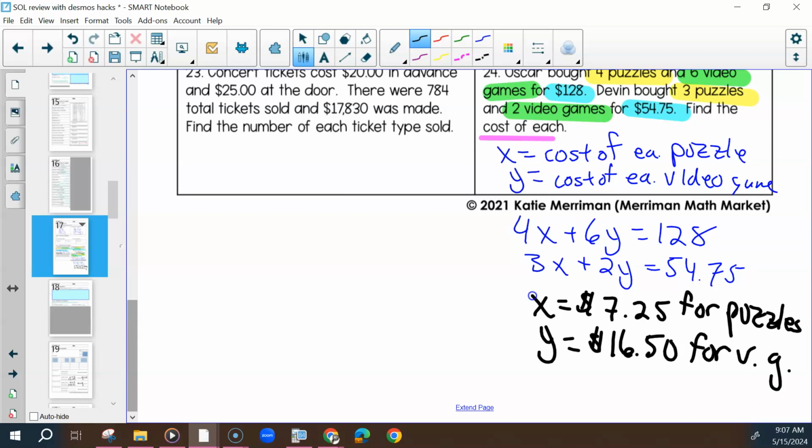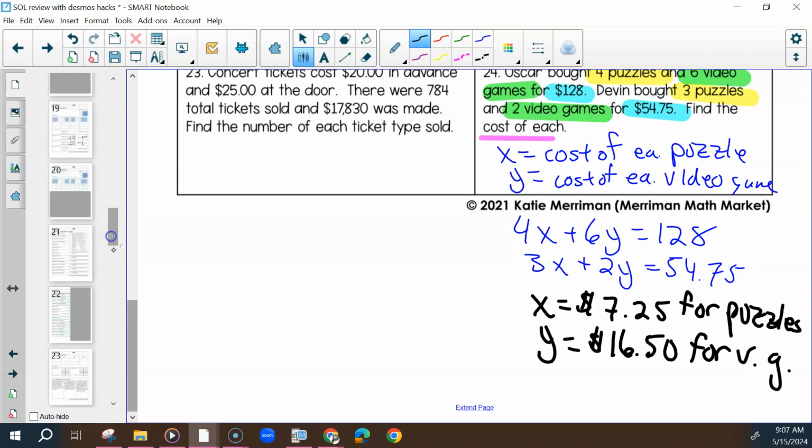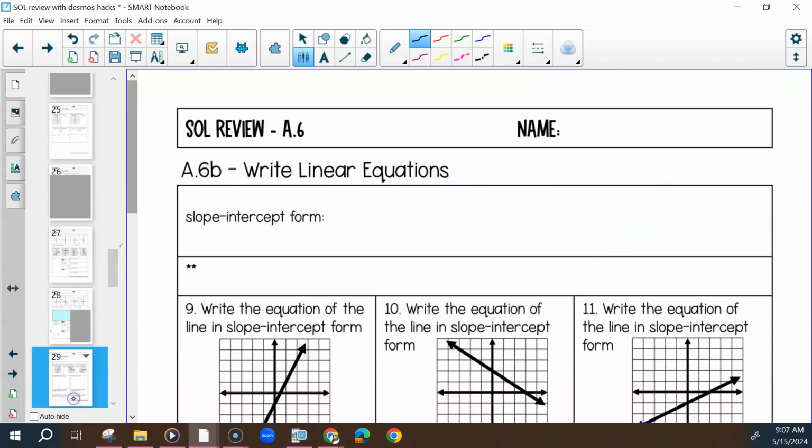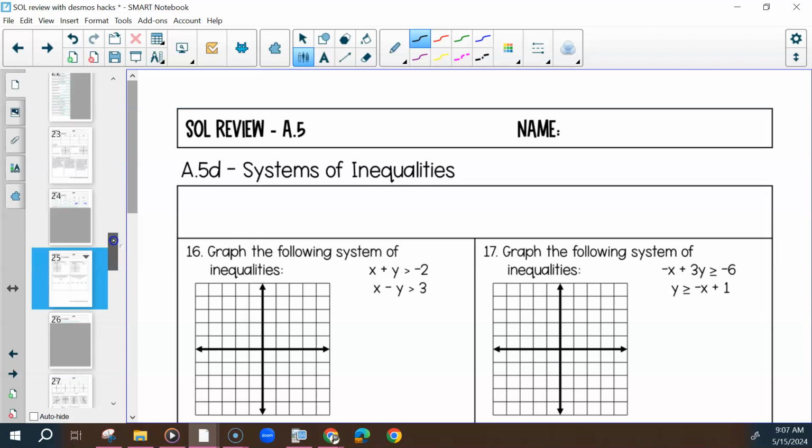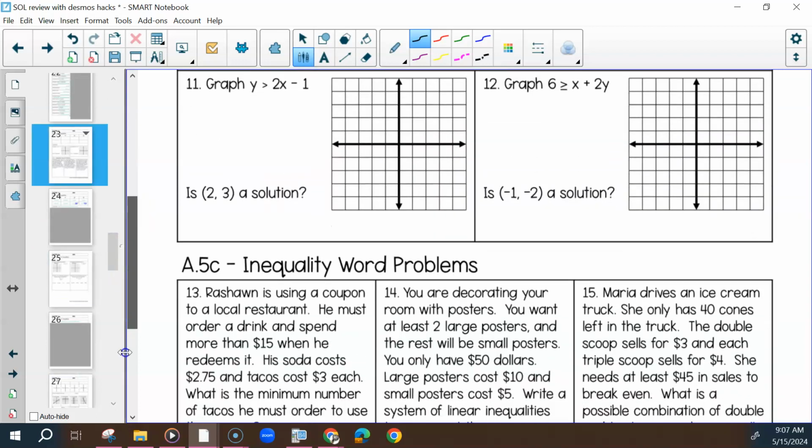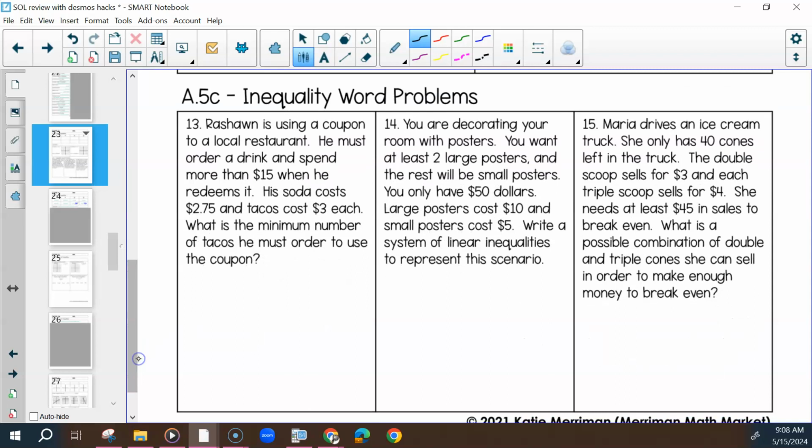8.5C, what's number? 13 and 14. So for 13,